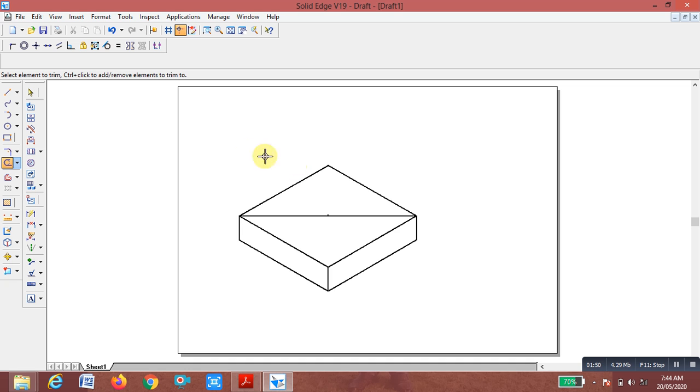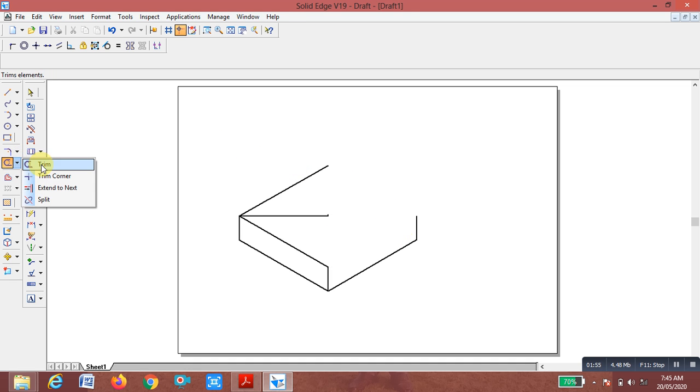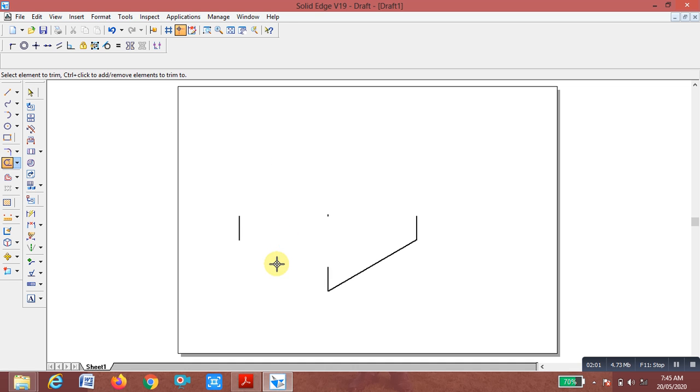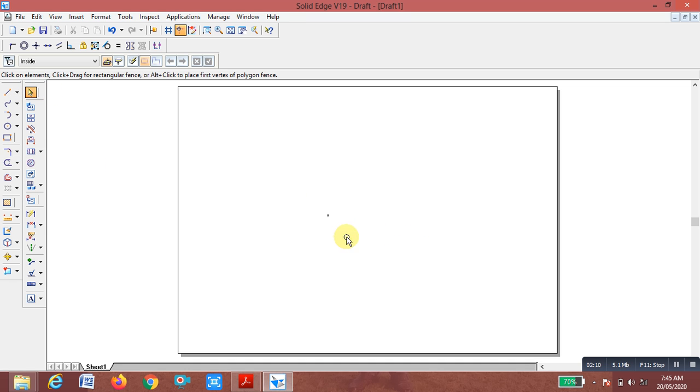First I am going to show you how to draw this. First select the line command, which you are already aware of.